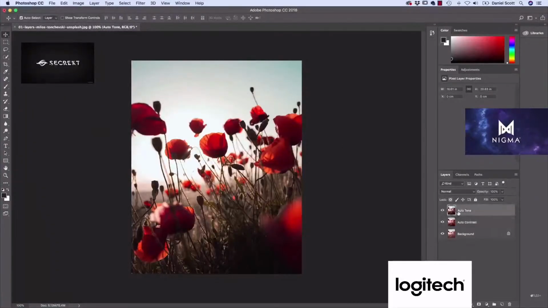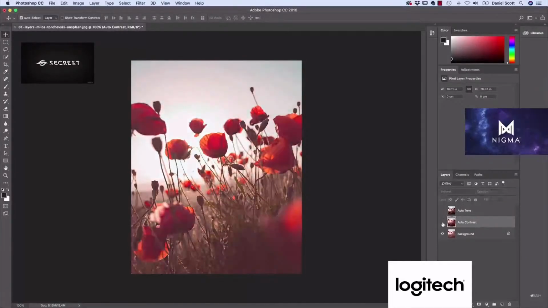So we've got Auto Tone, which is nice, my favorite, Auto Contrast, and background. So let's turn the two eyes off on this top one. Let's look at the last of those automatic